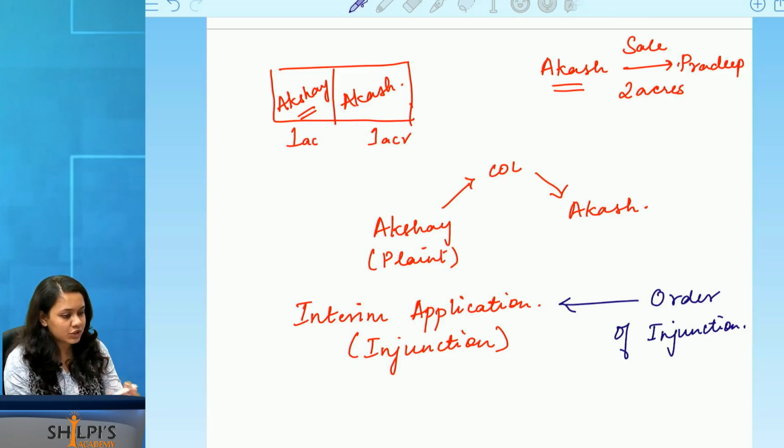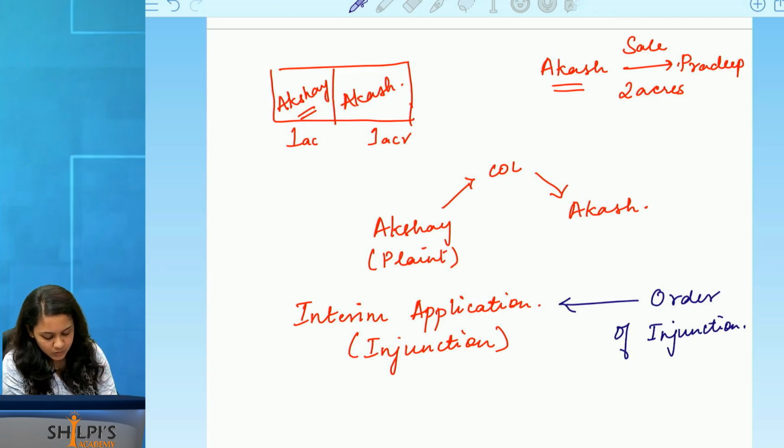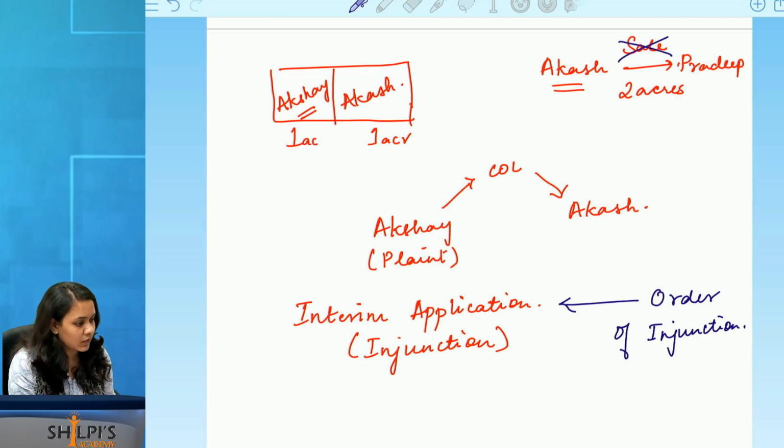Okay. So injunction has been granted. Now what will happen in this matter? This sale will come to a stop. Fine. And then you can proceed with the suit as you need to proceed. Send the summons, get the written statement, all of that will proceed. Okay. Now,